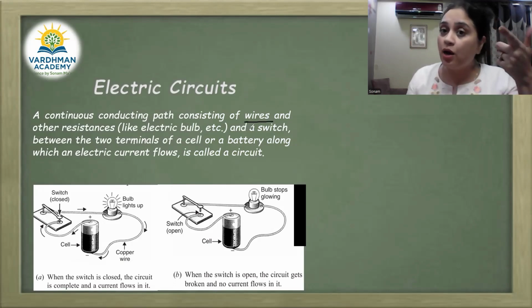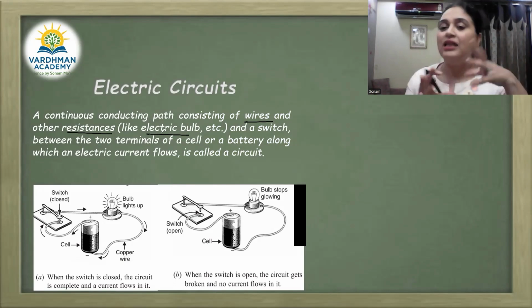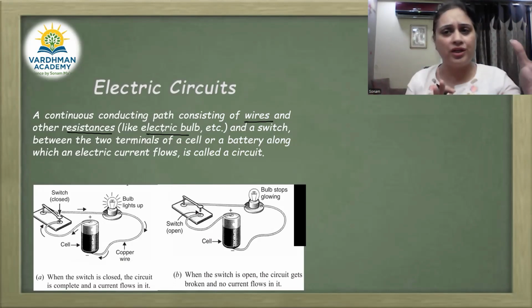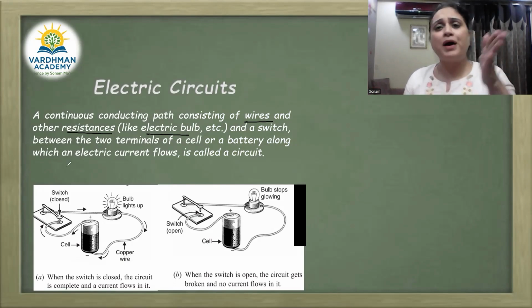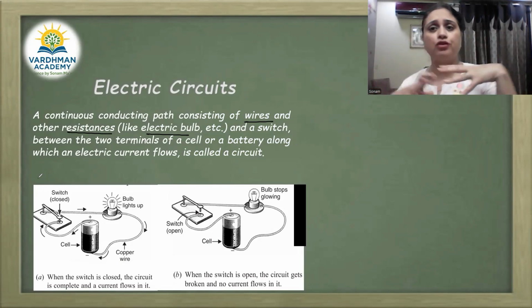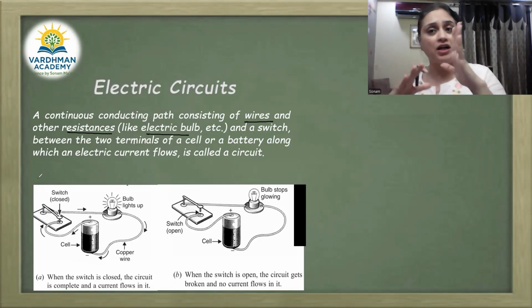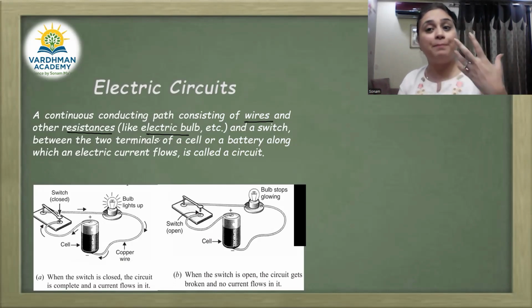अब इस पाथ में है क्या? What are its components? So components of this path are wire and the resistances. अब रेजिस्टेंस can be electric bulb, it could be LED, anything, any conductor is also known as resistance. Resistance को हम और आगे डिटेल में पढ़ेंगे. Resistance partially allows the current to flow through it, right? Conductors are allowing the electrons to move through it freely, but it partially allows resistance, right? Somehow it stops also. So resistance allow karta hai, but according to its capacity.